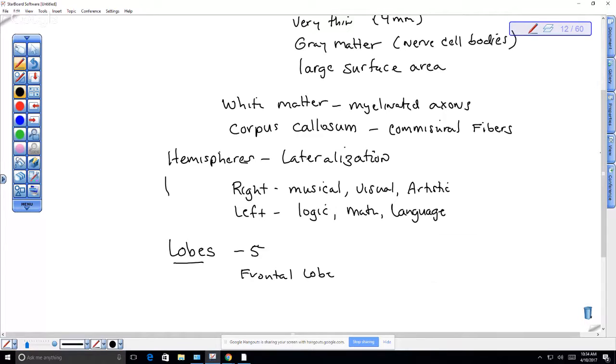Right, so that generally is problem solving. So we have the frontal lobe. Sometimes they also talk about the prefrontal lobe, so that's at the very front of the frontal lobe, right? And it's kind of interesting because this is associated with long-term goals,